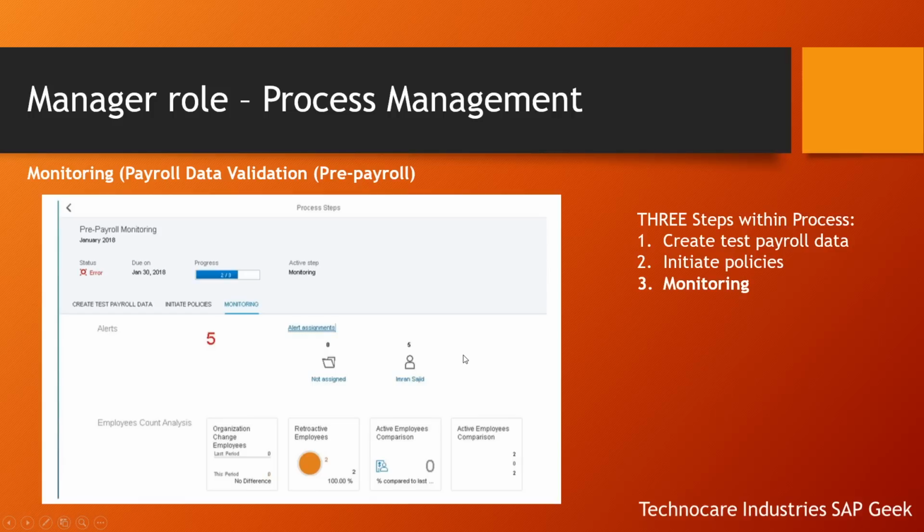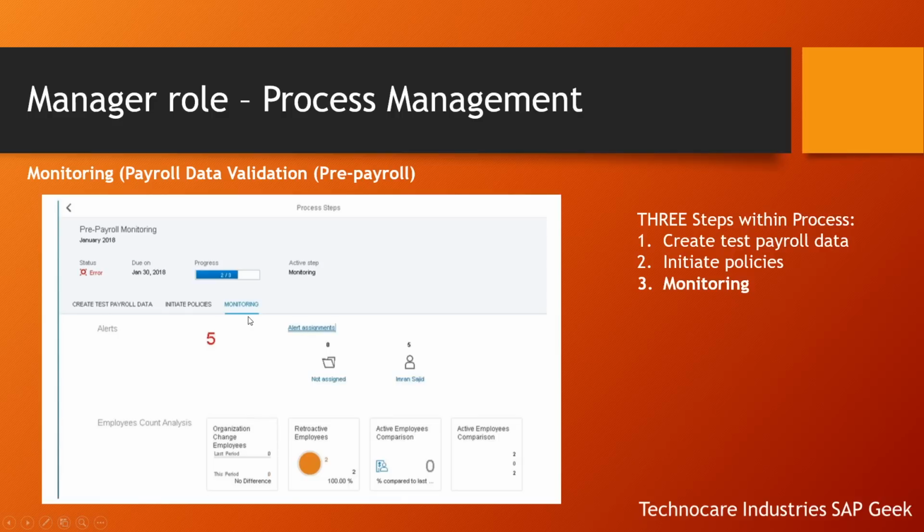So what we do after these alerts are generated in system, what is the role of payroll manager, or manager role in payroll control center after these alerts are generated, right? So it is error assignment. I will come to that in a minute. So before we come to that, let us